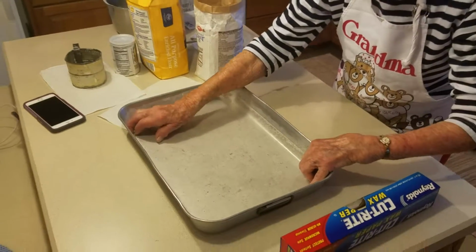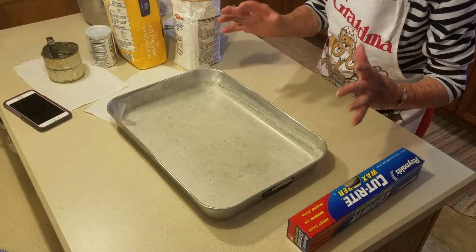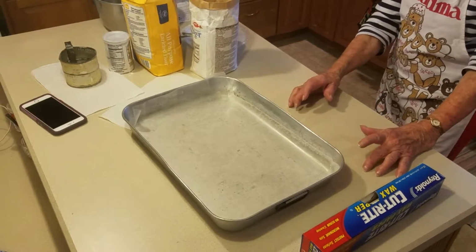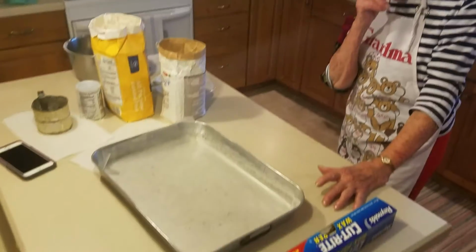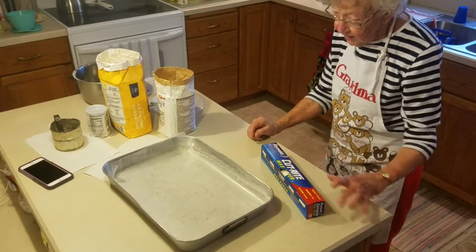Dump it out of the pan easily. I think that's the only reason, because you don't put any grease. A lot of times you put butter and stuff like that to make the pan...